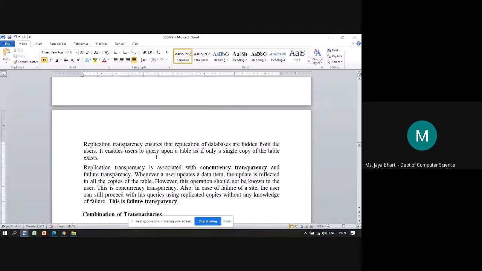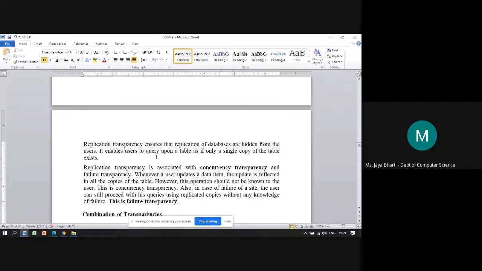But with replication transparency, there are two more transparencies associated: concurrency transparency and failure transparency. Concurrency transparency means, as you know, that replication means we prepare copies of the databases.